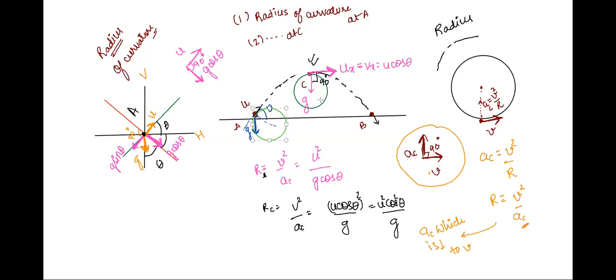The concept of radius of curvature is very similar to understanding that at any given point, what is the component of acceleration which is perpendicular to the velocity? You find that simply, as we did here, and then substitute in the formula r is equal to v square by a, in order to get the answer, right?